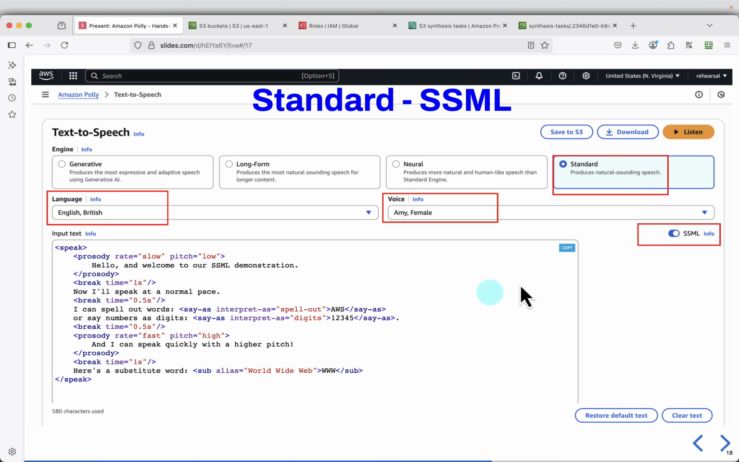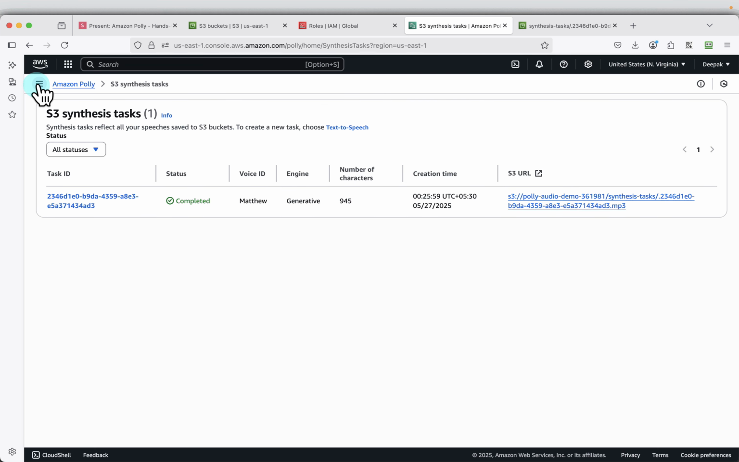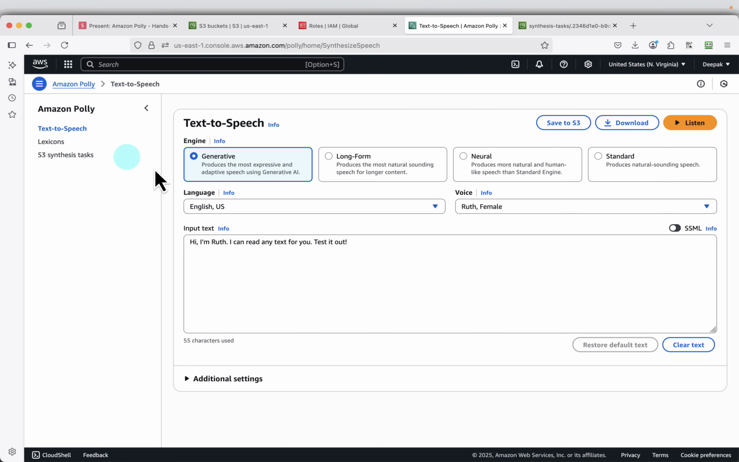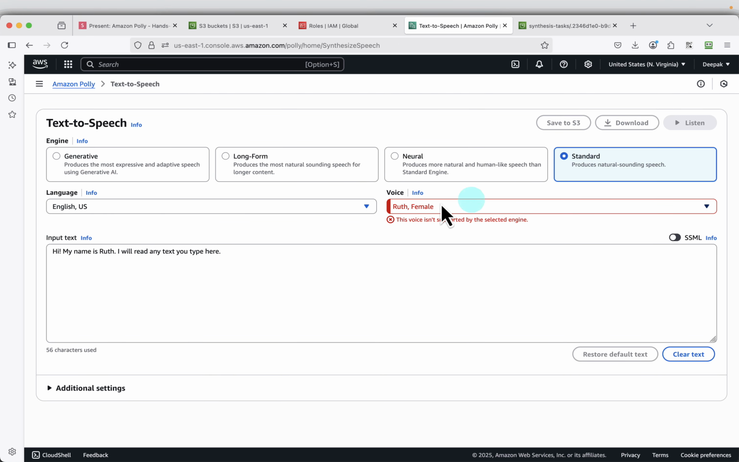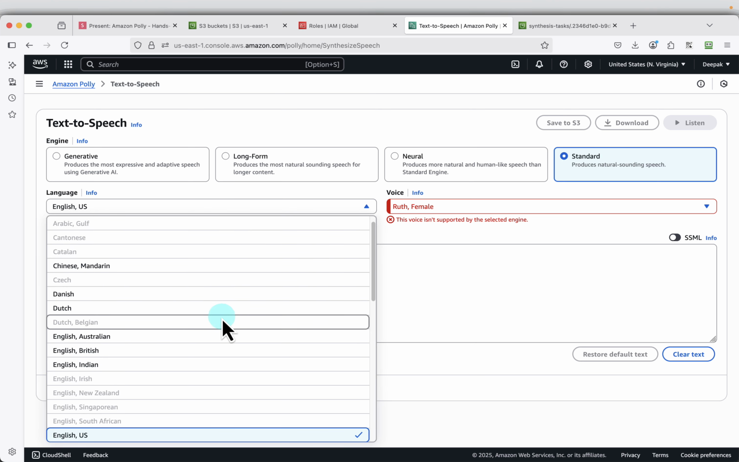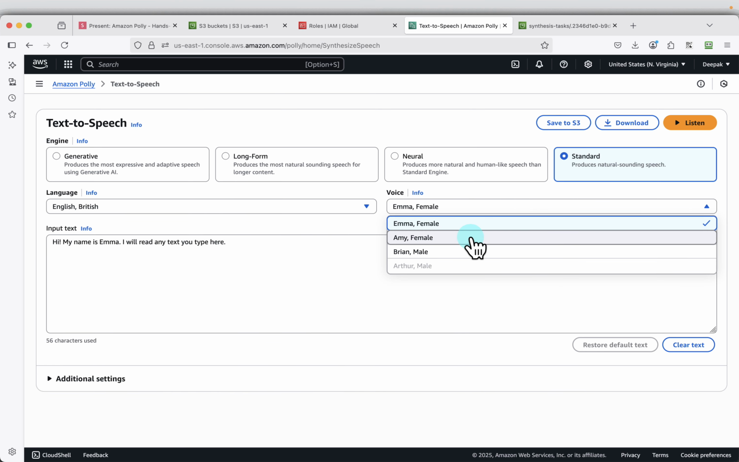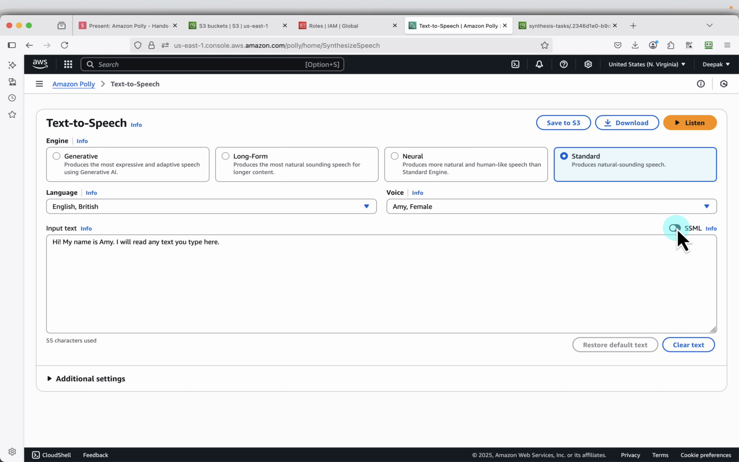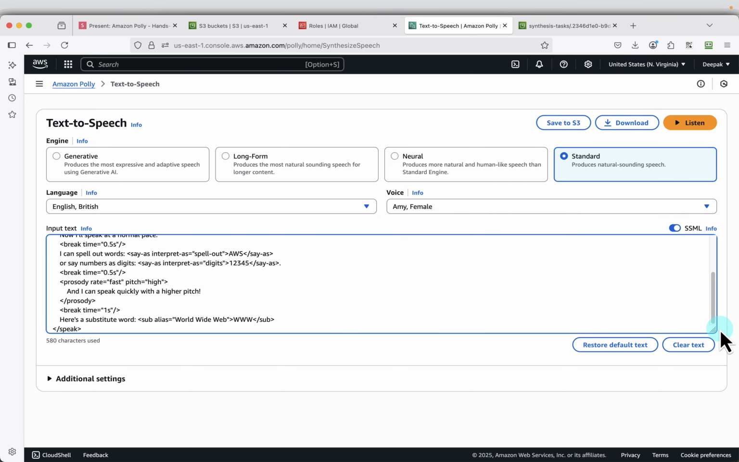So I'll copy the sample text. So standard and British, and make sure you select SSML. So I go to the Polly console and go back to text to speech. I'll just collapse it. So make sure standard, and I will change to English British. I'll choose Amy and SSML and paste the whole text